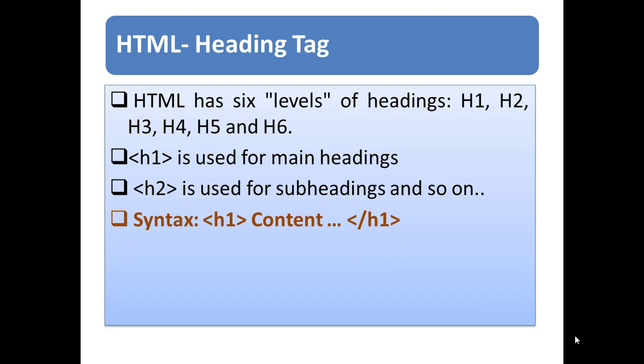The H1 element defines a level 1 heading. A document generally should have exactly one H1 element to mark the most important heading. The H2 element defines the level 2 heading. This heading is more important than H3 but less important than H1. Subsequently, H3, H4, H5 and H6 subheadings are available.